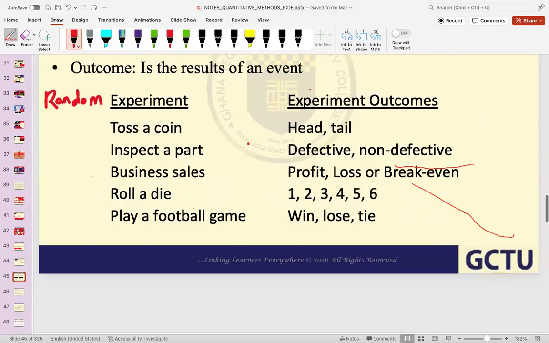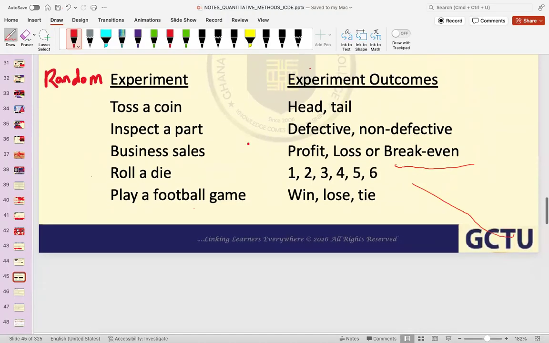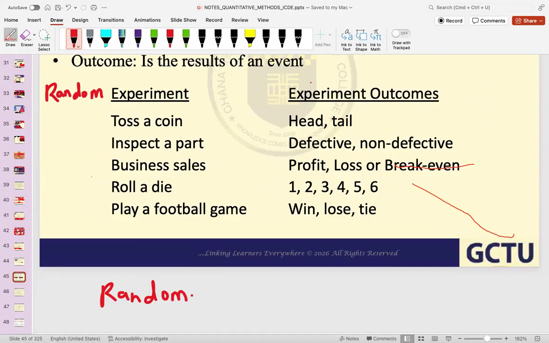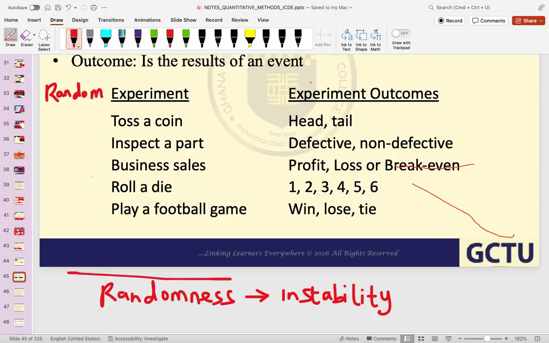Now, the word random means that we have an unstable result. So random comes from randomness, instability, randomness, instability. If I want to create a picture for you,